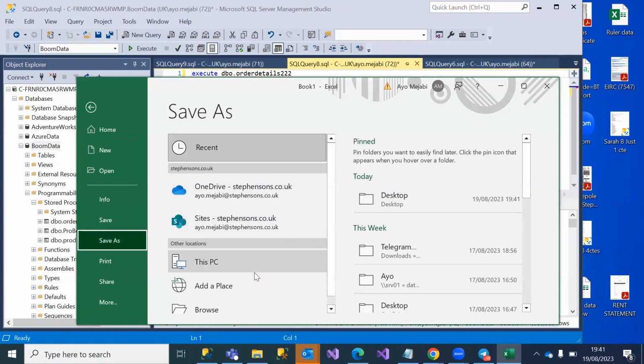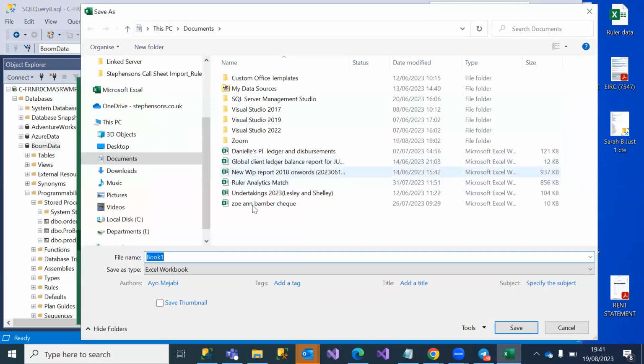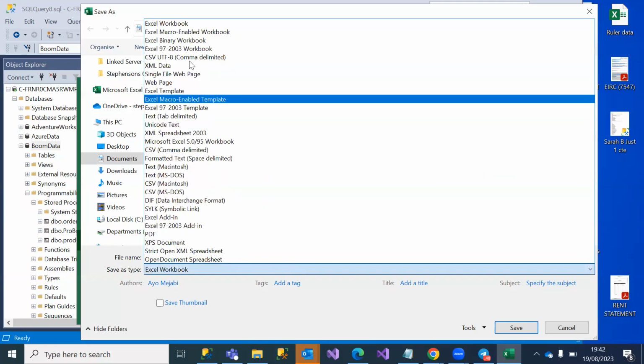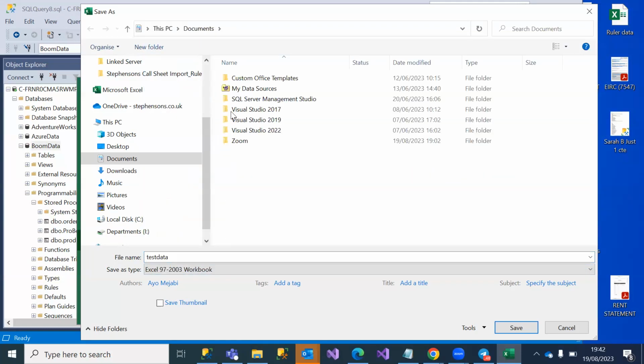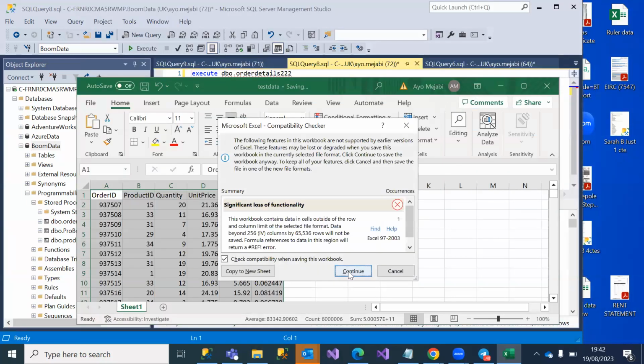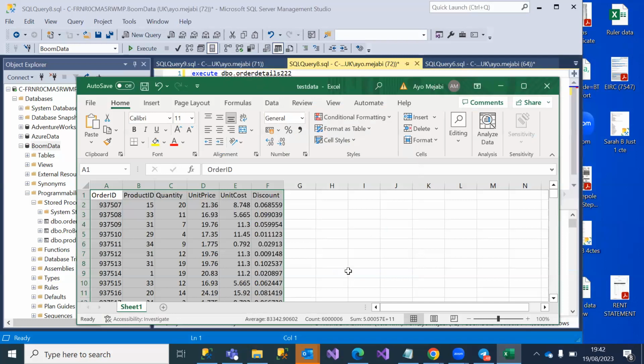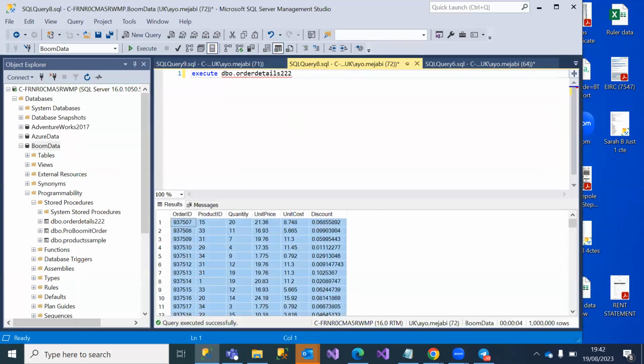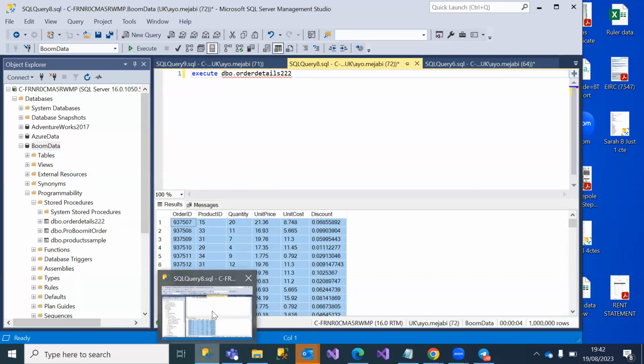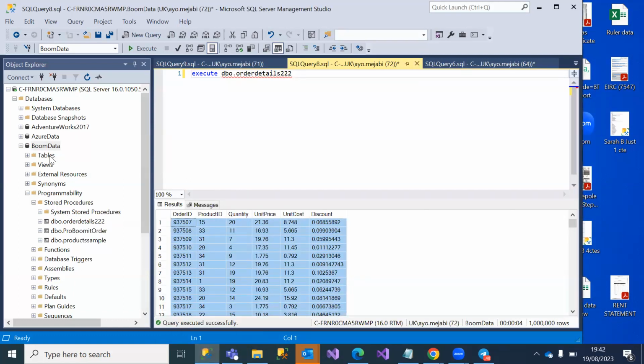So I'm going to go to mine and say browse, and I'm going to call it just test data. I'm going to change the extension to 2007, 2003. It says loss of functionality, and so on. I don't care about that. Anyway, done. I've saved my Excel. So I'm going to come back to adding data here.